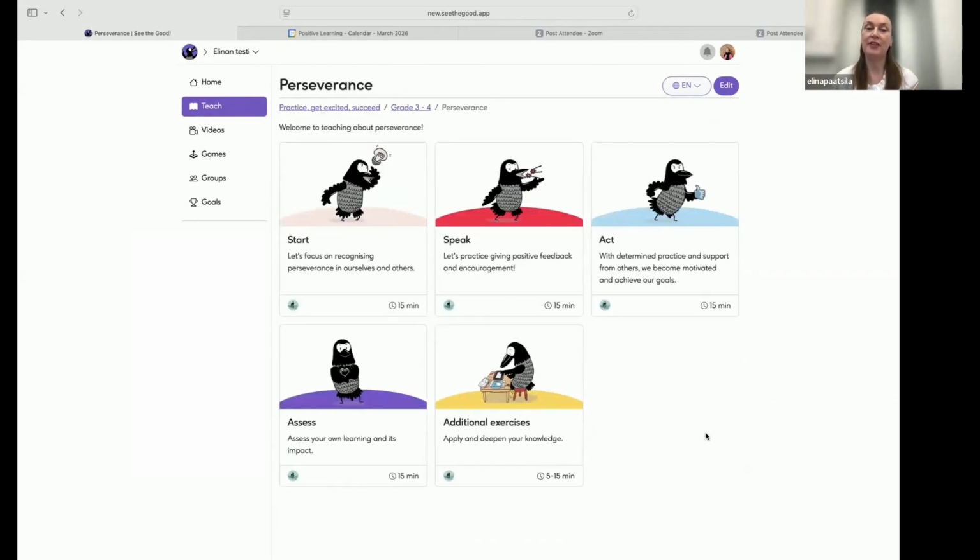So as you see, the material is divided into sessions. So we have 4 sessions, and this is in a way planned according to this idea of strength of the month, right? So these are weekly sessions. Of course, you can use the material also in other ways. So teachers have asked me, can I do them during 1 week's time every day? Of course you can. But overall the way most schools use this is according to the strength of the month. So, let's have a look at these sections.